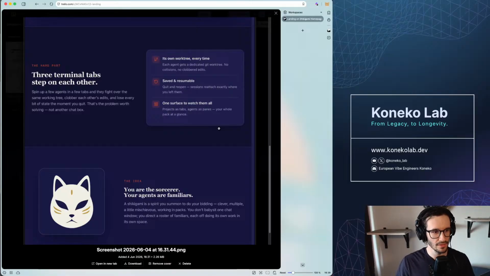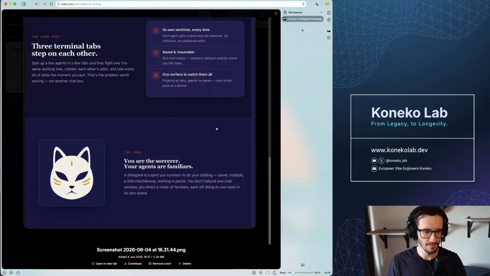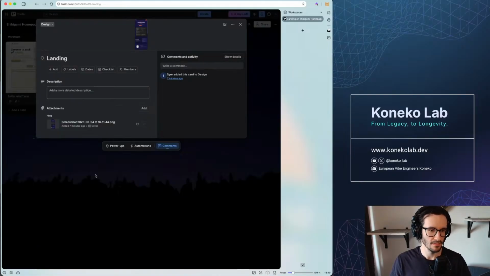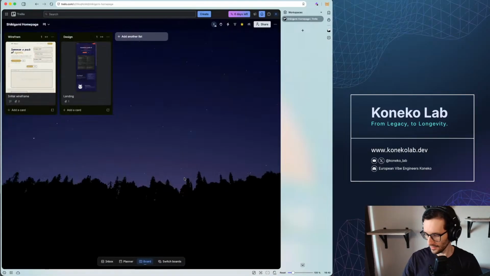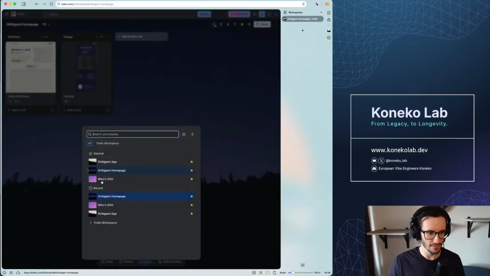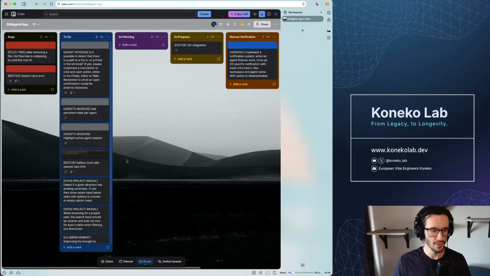Then if you scroll down, there will be some brief information about functionalities, the idea, and links to download the application. Oh yeah, but that is a task for the future. The nearest future, but still future. So today let's focus on Shikigami because there are a few functionalities that need to be prepared for the big release next week.